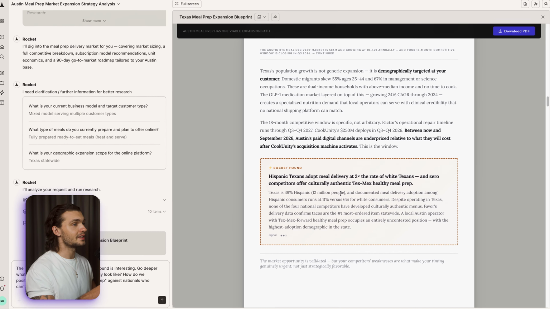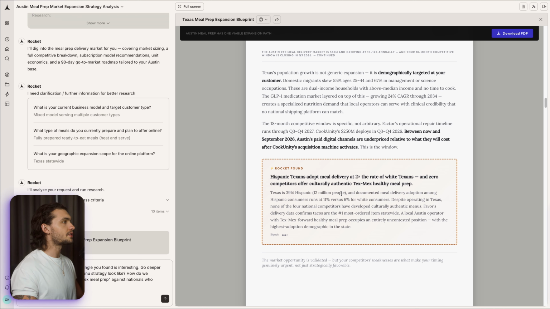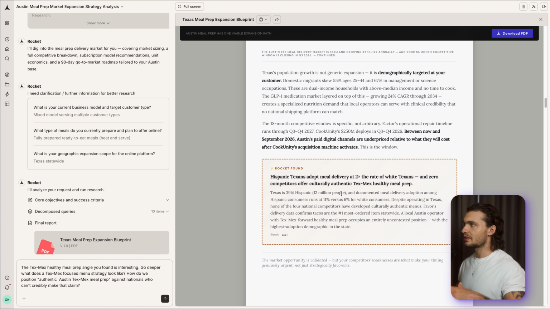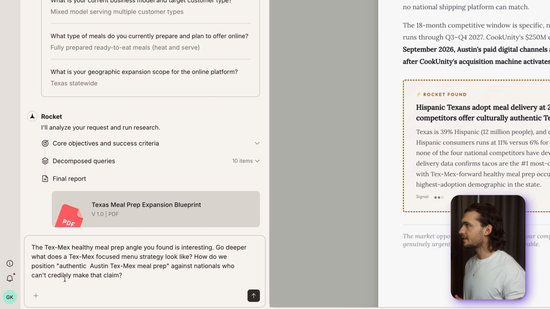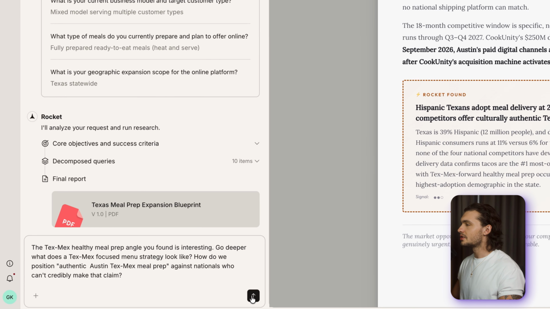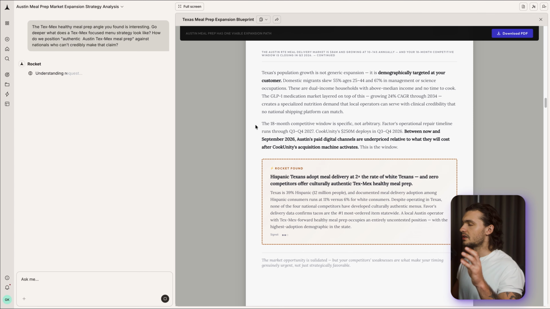Now, both of these findings are pretty impressive, and I think they are going to be the key to growing this business here. So all of these reports that Rocket generates, we can follow up with them further. We can ask Rocket to research further, explain things, etc. So for us, this Tex-Mex healthy meal prep is the angle that we should take for our business. So I just prompted Rocket to explain that angle to us a little bit more and research it a bit